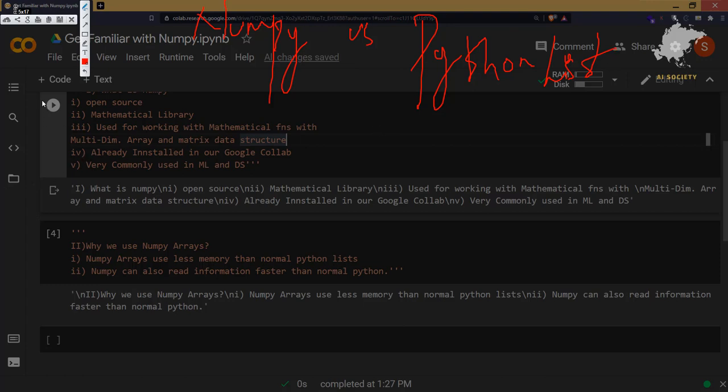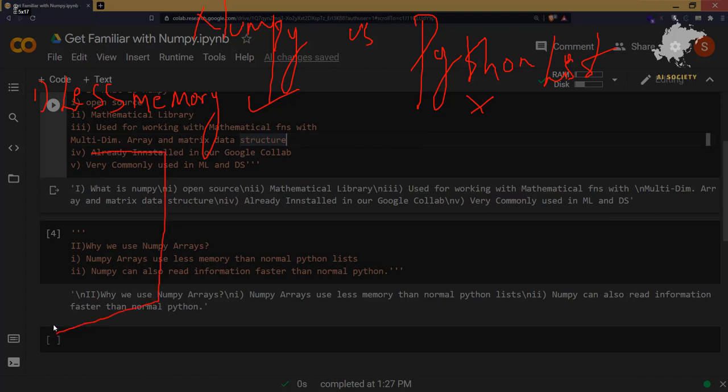First of all, I said that it takes less memory. Basically, NumPy uses less memory and a Python list does not. How is that? Let's say I am creating a list here. This will be a list object. Whenever we create a collection of elements in the form of a list, Python creates an object.